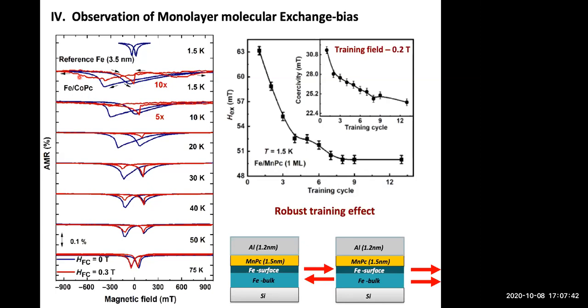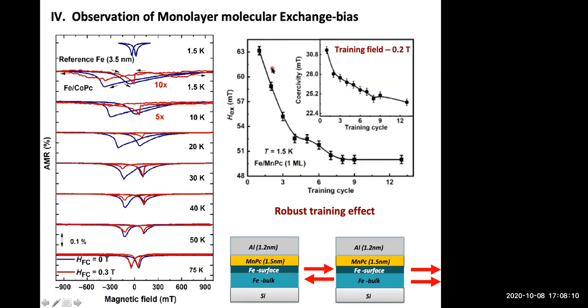And more strikingly, we're not talking about 4 monolayers or 3 monolayers, we're talking about just a single monolayer coverage of the molecule. And even that shows a very robust exchange bias effect. And this is what I've shown here in the right plot, the training effect. So what we have done here is we have measured AMR multiple times, within a training field of around 0.2 Tesla. Okay, and for every AMR cycle, we have extracted the value of the exchange bias and the coercivity,